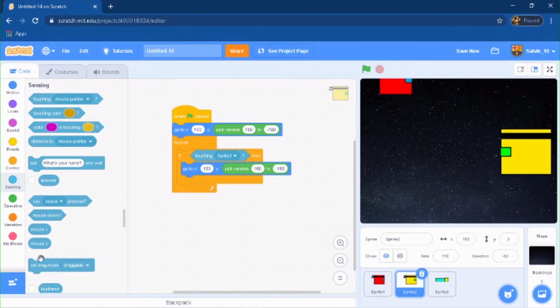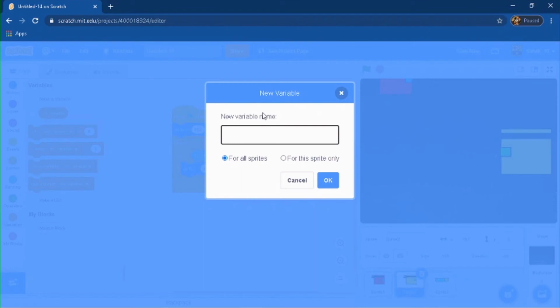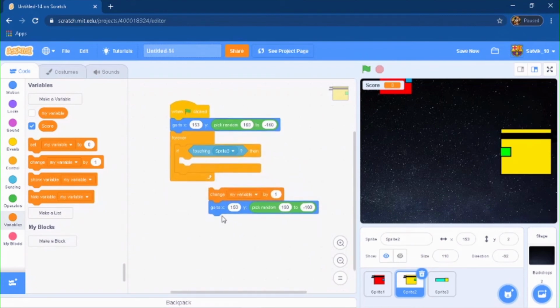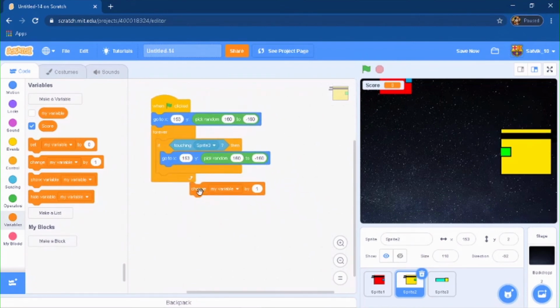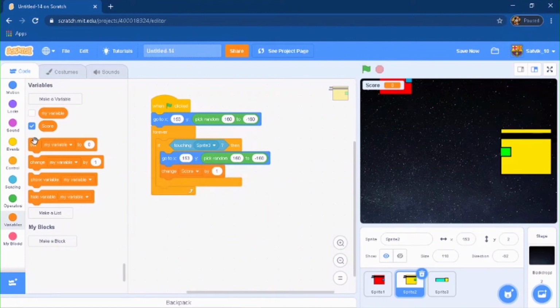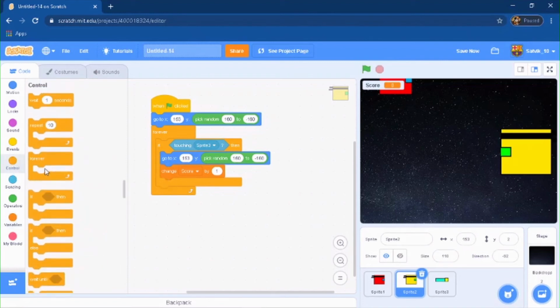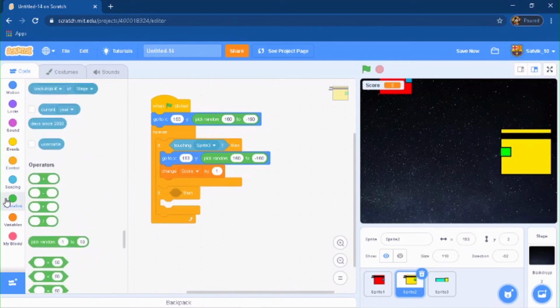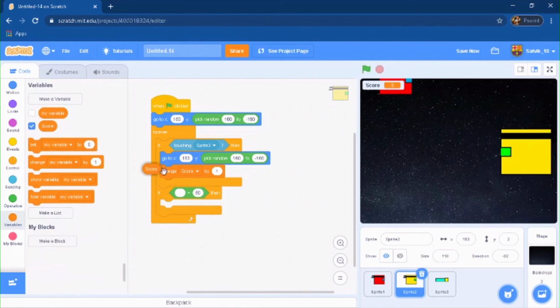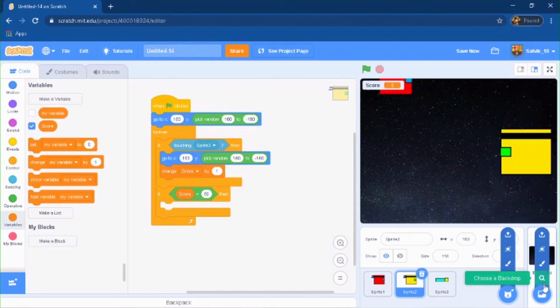So now what you're going to do is make a score variable. So score, and every time it's touching that, it's just going to change. Put that first, and there you go. Change the score variable by 1. And now you're going to grab another if statement, go to your operators and grab an equals statement. Go to your variables and grab your score and do, if score equals 50,